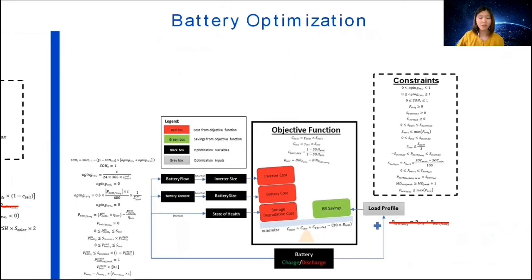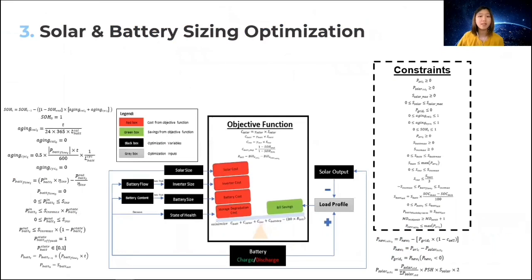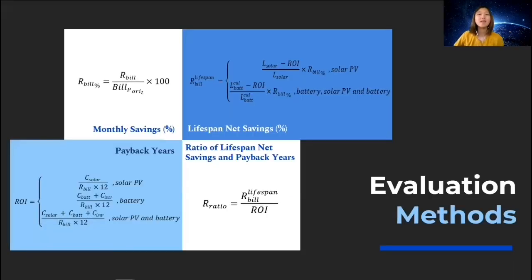With this, the combined result is shown here. The deleted equations from before are replaced with this equation, where the new load curve is defined as original load curve minus the solar load curve plus battery flow. Hence, the objective function of solar and battery sizing optimization minimizes solar cost, battery cost, inverter cost, battery degradation cost, while maximizing bill savings. To evaluate the performance of each algorithm, these measures will be used to evaluate the decision of the model,